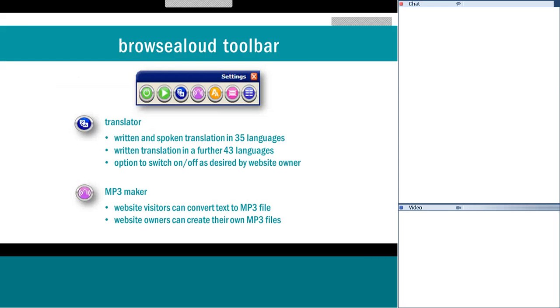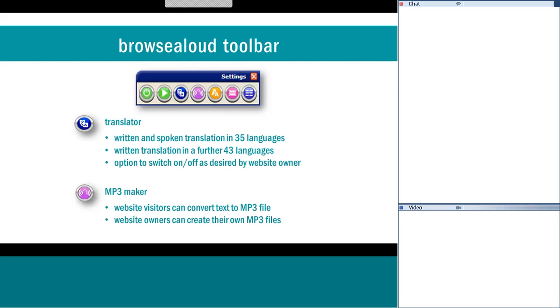I'm just really going to go through very quickly each feature. I will be demonstrating it, but I also wanted everyone to be able to understand what it was I was demonstrating by reading it. We actually provide a translator, and we can write and speak translations in 35 languages, and we have written translation in a further 43.